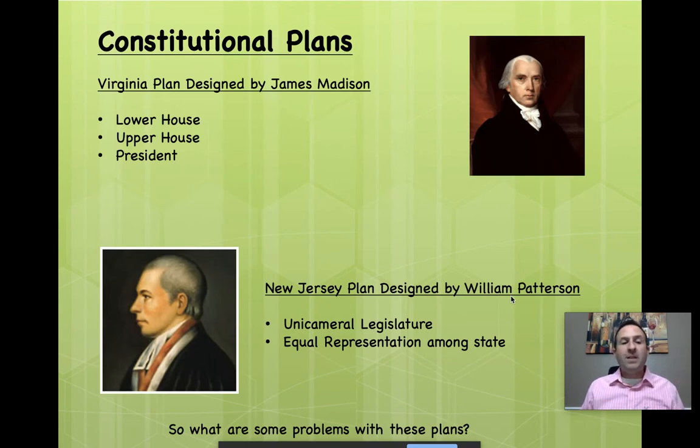The first one is known as the Virginia Plan, proposed by James Madison. He argues that we should have a government that should have a lower house that will be elected by the people. We should also have an upper house, known as the Senate. Those things sound familiar, they should at least to you. But he argues that the Senate will be chosen by the lower house, not by the people, which is pretty accurate. He also argues that we should have a president, this brand new position, that will be chosen by Congress.